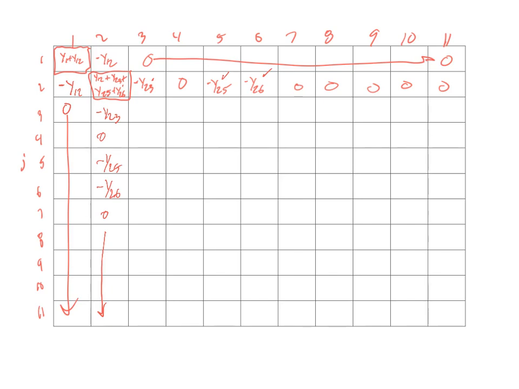So again, just looking at my connection diagram, I have y23 plus y34 plus y36. I see that I have a y34, so I take the negative of the y34. I skip 3,5, take the negative of y36, and there are no other elements, so I have 0 here. I have a symmetrical matrix,